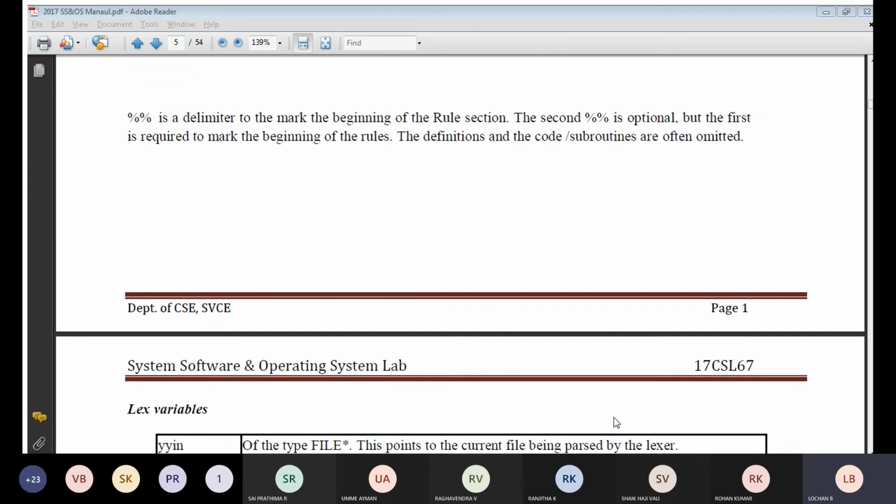Previously, your seniors' syllabus was split into 5 modules. For you, they have made it into 4 modules, and one more extra module has been added with respect to lab programming. Whenever you study for your examination, if you refer to the previous years' question papers, it's fine. But you will find questions only from the first, second, third and fifth modules.